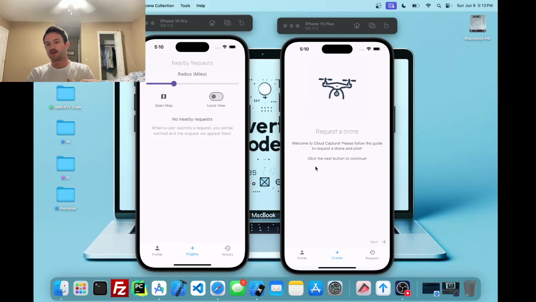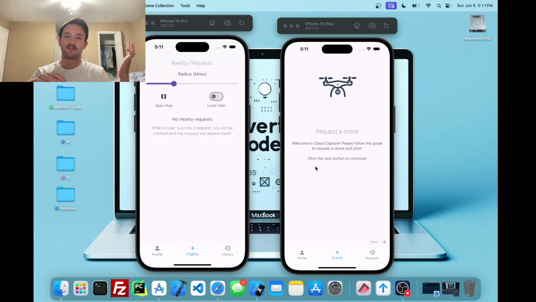Anyways, Cloud Capture is a mobile app that allows anybody to go in and request a local drone pilot to a location at a specific time to take either photos or videos for whatever the requester needs these for. So, for example, a real estate agent is creating a new listing on like apartments.com or Zillow or something. They can get a local pilot who will come in, take decent pictures and videos for them, upload them through